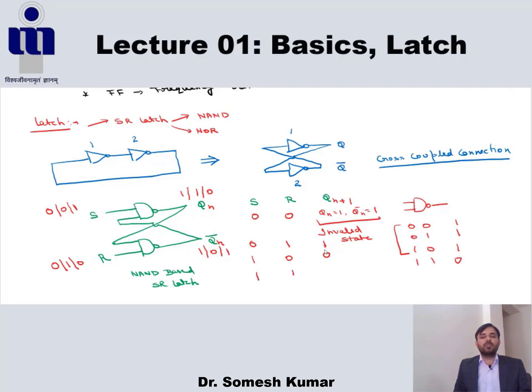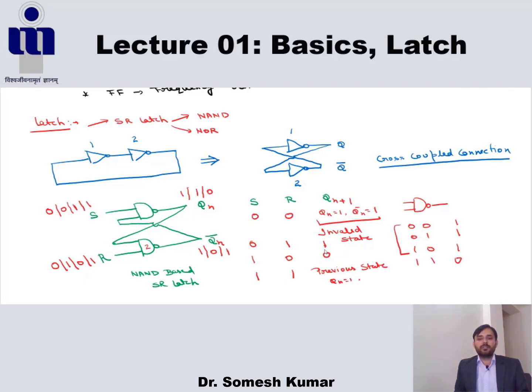In the next case, both inputs are 1 and 1. What happens? If both inputs are 1 and 1, it depends on the second inputs. If we assume the previous state of Q, where Qn is 0, then the second input of the second NAND gate is 0 and the output becomes 1. This 1 is given to the first gate, and the output becomes 0. So in this case both outputs remain as the previous outputs. Similarly for the other case. So if both inputs are 1 and 1, it acts as our previous state.